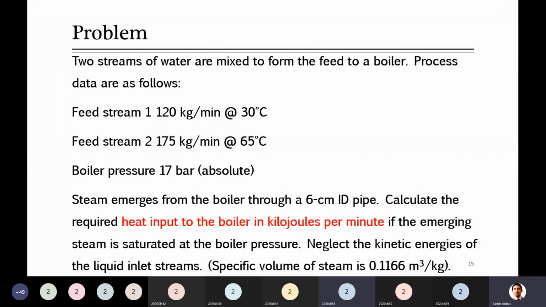Okay, yes, good. The equipment in which we generate the steam, I will talk about it. I will show you 1-2 diagrams after this problem later on, that what is that equipment. So boiler is simply the equipment in which steam is generated.